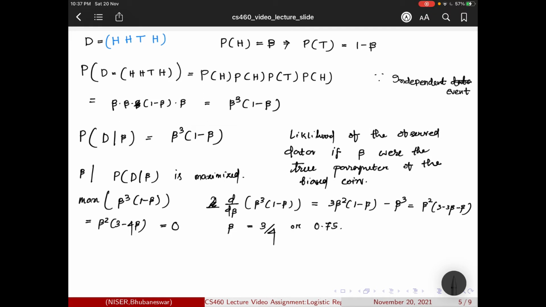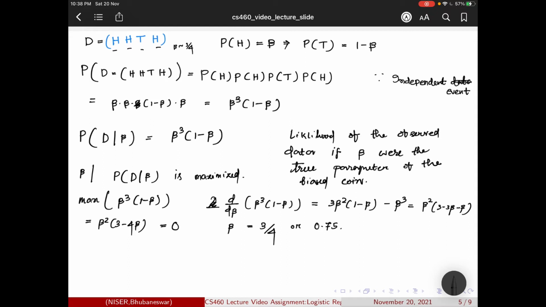This is the optimal beta for our model, and we can also intuitively see that because there are 3 heads and 1 tail, so roughly beta will be very much equal to 3 by 4.